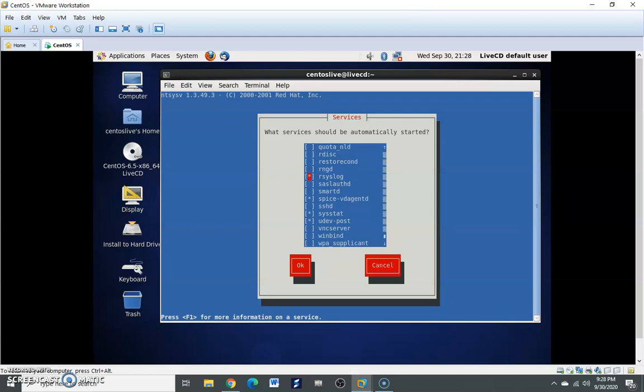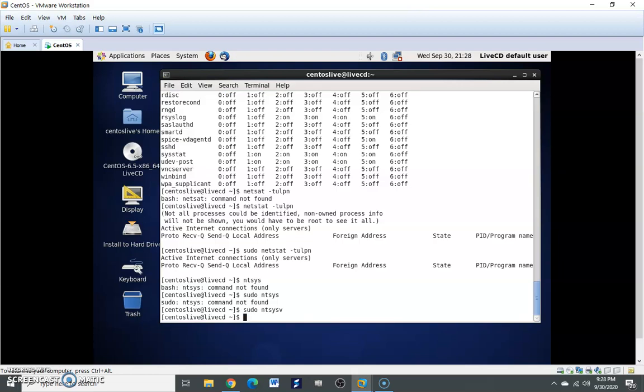So here we can just put a start mark in front of this one by pressing the space bar. Okay, so here I press OK, and again I will exit from that.